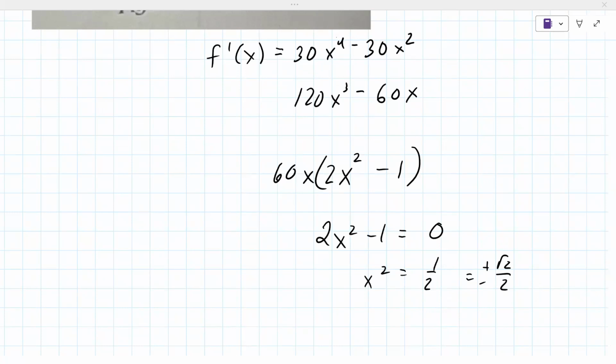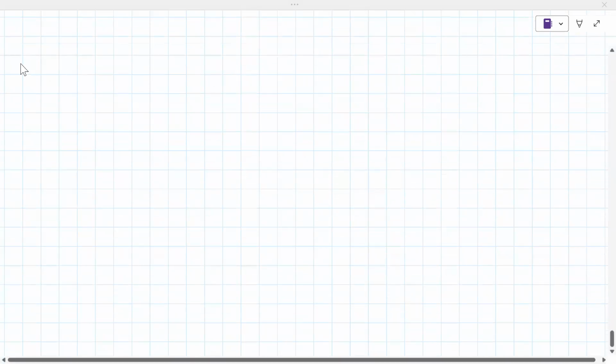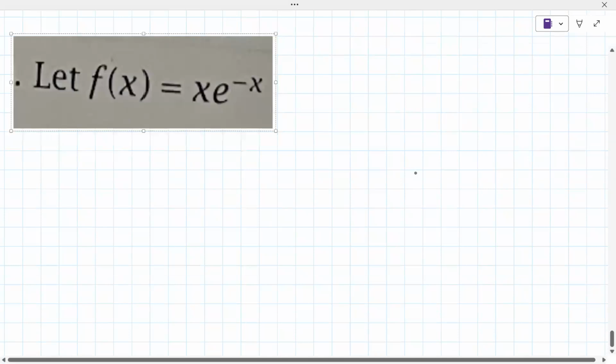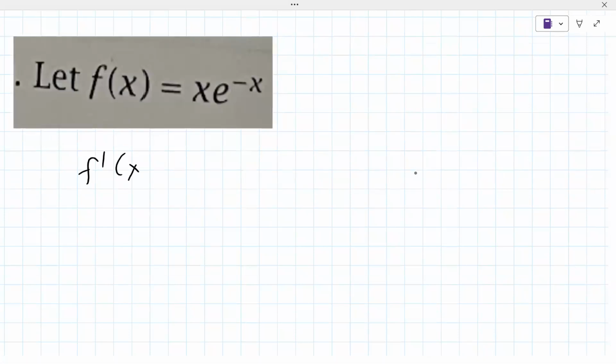So see if we can get through one more problem. Let's do everything on this. So let's have you find the first derivative of this, please. Okay. So e to the negative x plus